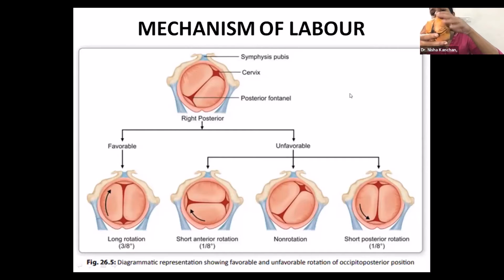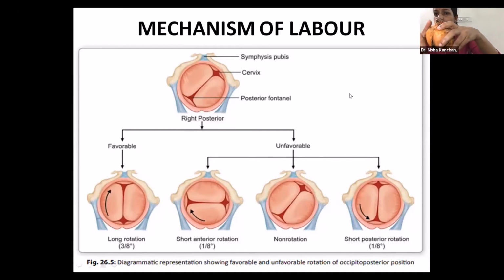What is the mechanism of delivery for this? When there is short posterior rotation and the occiput, from occipito-posterior, instead of rotating 3/8 anteriorly, moves 1/8 posteriorly and the frontum comes, the delivery is called face to pubis. In a lot of papers I have corrected, face to pubis has come as a short note, and all the students I have seen have ended up writing about face presentation when it comes as face to pubis, which is wrong.